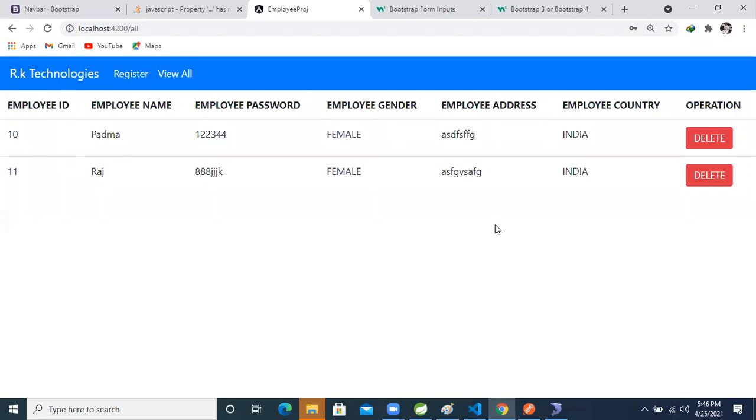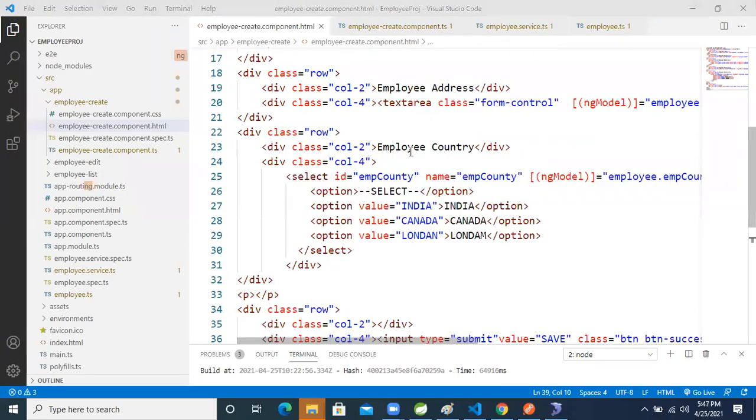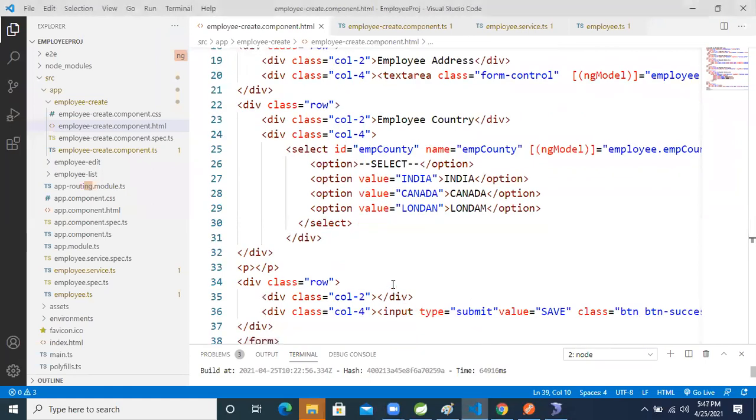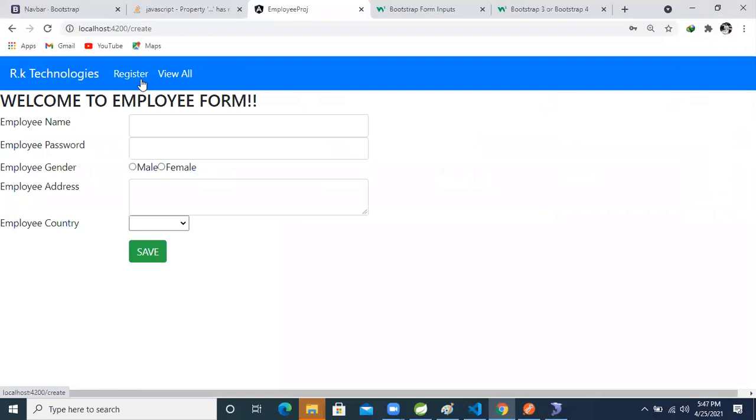Sir, I have one doubt. Yes, can you go to the register page, sir? Okay, I'm going now. No, sir, in the browser only. Okay, now the register page. Now tell. Here we are saving the data. I need control to go to the view page, sir. Directly there I need to show the message that the employee is successfully saved, not here. Then what do we need to do, sir?